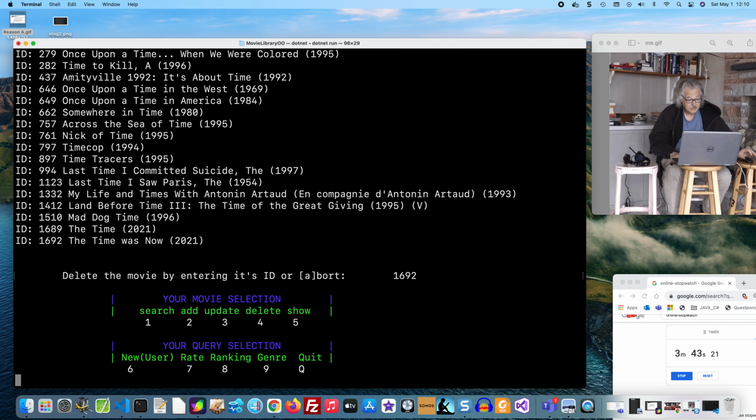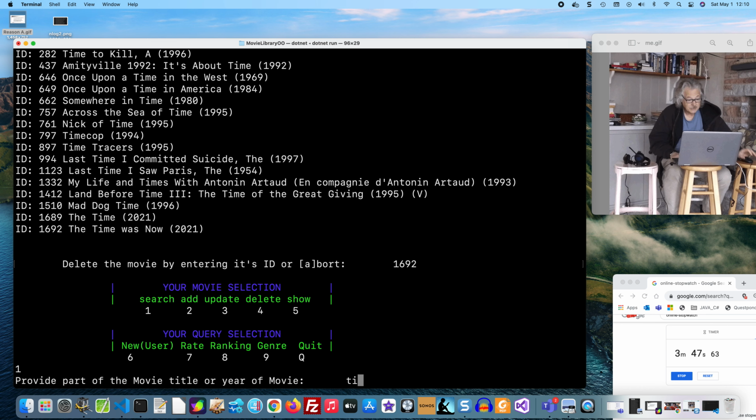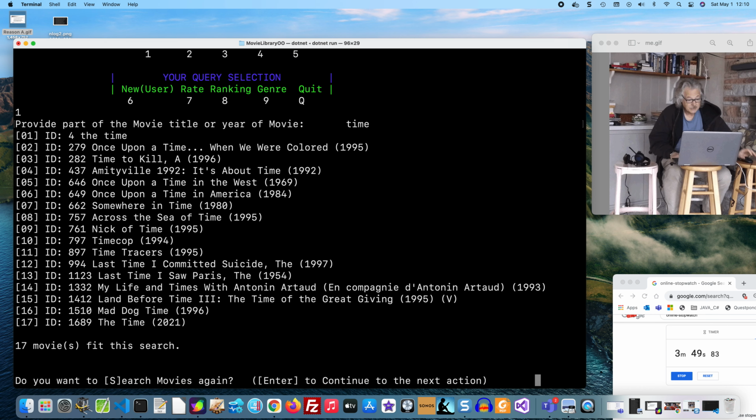We'll search time. It's gone. The other one left is the time 1689, but that was created earlier. Go back to the main screen.